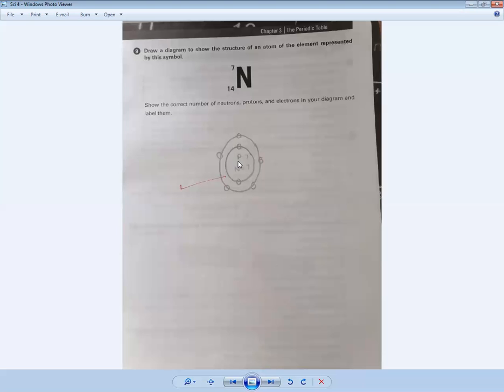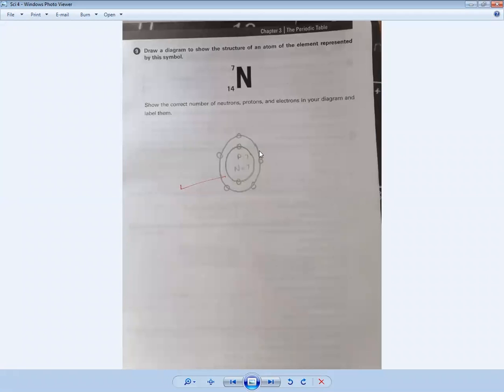Now we have to draw the structure, and we all know when we want to draw the structure, we always follow the atomic number. So atomic number is 7. So first we draw the nucleus. Okay, and this is the first circular path, and in the class I have discussed in detail with you that only 2 electrons can accommodate in the first electronic shell. So you can see in the figure I have drawn only 2 electrons in the first circular path.